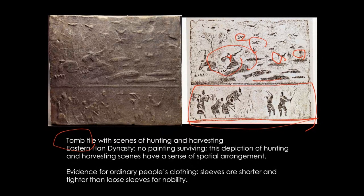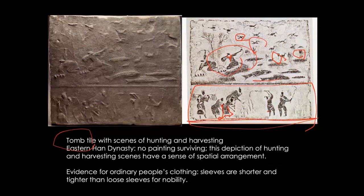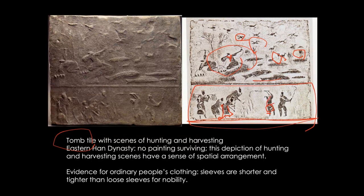Obviously, they did not wear the full-length chenille, right? Chenille would be to the floor and then flared at the end. Obviously, you cannot wear the chenille to work in the field, probably barefoot. So here you can see men had some sort of jacket coming to the calf, and then they had a jacket, so a two-piece ensemble. Their hair is not down, so it's made into a knot, and they also had some sort of cloth banner to cover their head, so that it's neat and